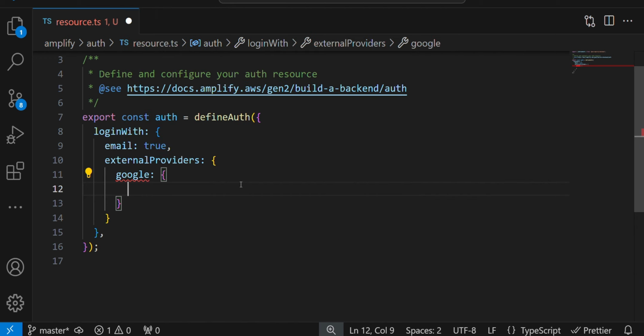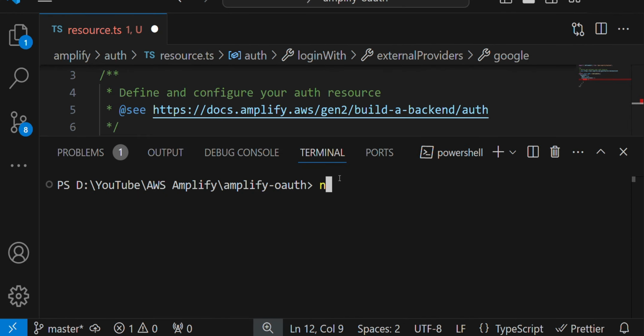One thing to note here: we should not always hardcode the values here. What we need is to create environment variables, or we need to secure the API keys instead of hardcoding them inside our code, so we can protect and secure the code and the secret keys as well. Now Amplify also provides a way to store the API keys inside sandbox, and once we run the sandbox command, Amplify exposes them dynamically, so we don't need to hardcode them. To do that, I'll open up the terminal and we'll store the secret keys using the sandbox command. Here I'll run the command npx ampx sandbox